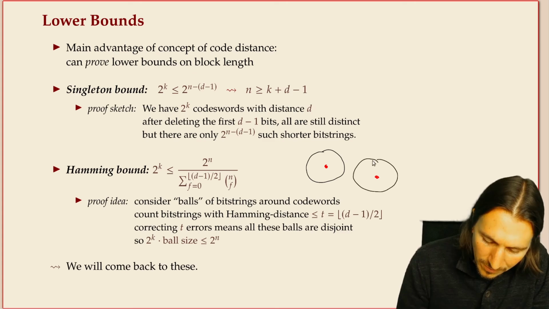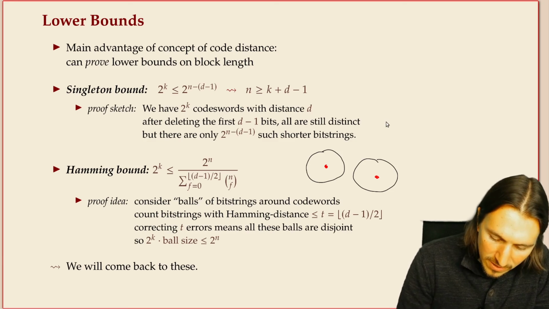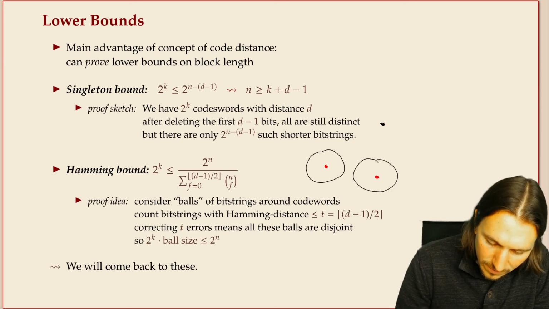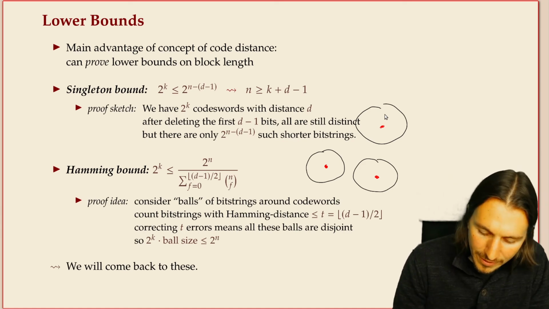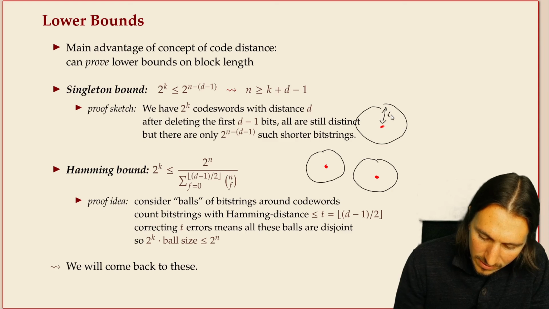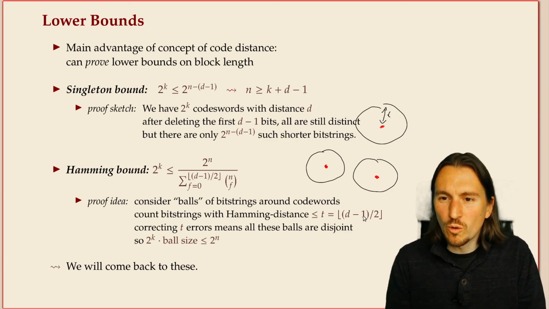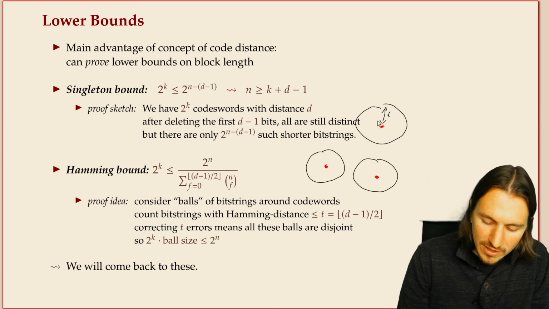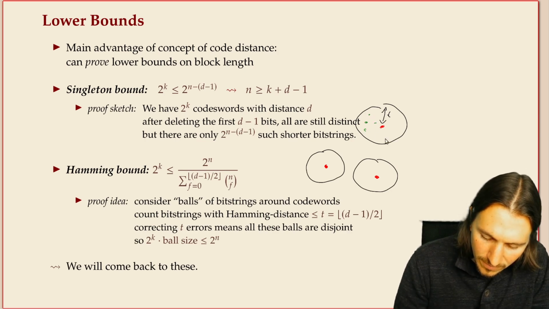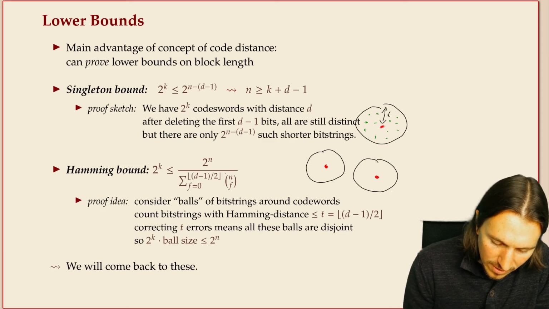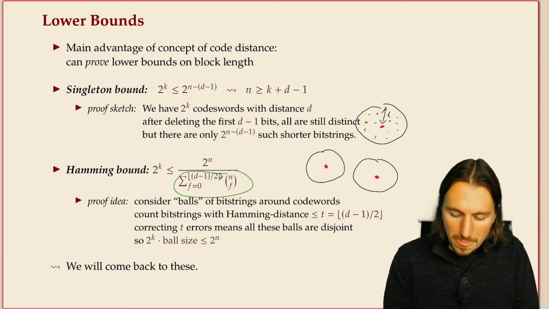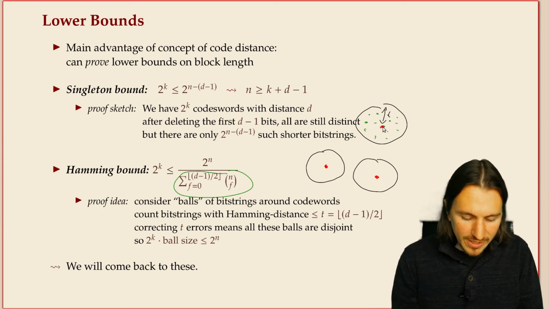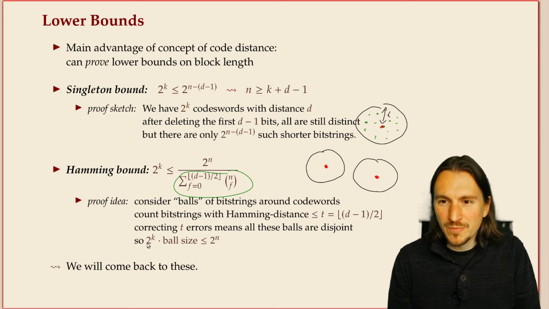Okay. And one more, I wanted to have this in red. And the circle around it. So this has length t, as given here. So we know the circles don't overlap, they don't touch. There's no element that they share. So that means if I count how many elements there are in this circle, and that's what's done here, including the red one, and I multiply the size of this ball with the number of balls,